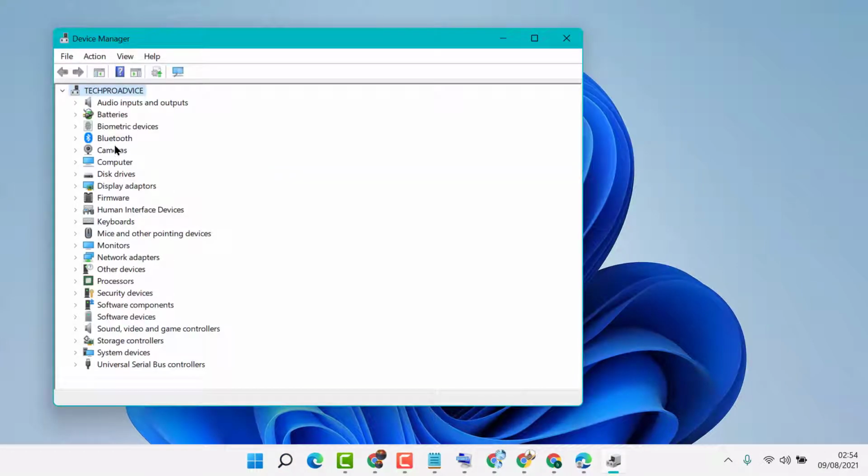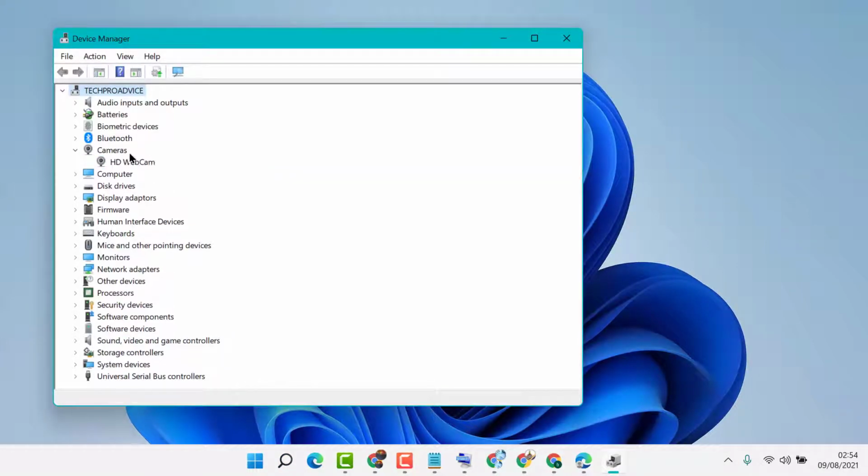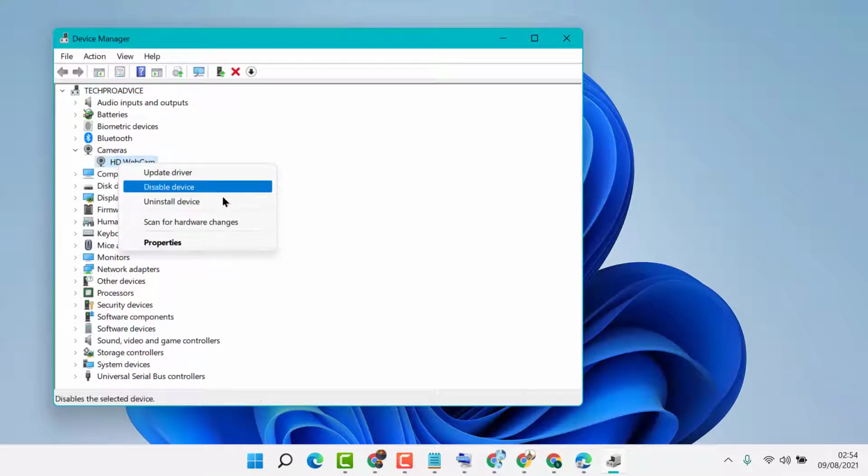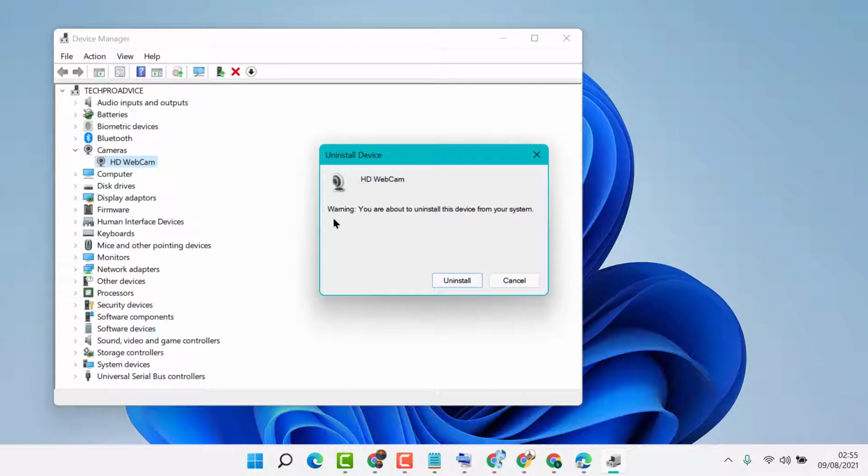Now in here expand camera, and in some Windows versions you will see imaging device, and underneath imaging device you will see webcam or camera. Right click on it and click on uninstall device, and don't delete. If it asks to delete, you don't need to delete, just uninstall this driver.